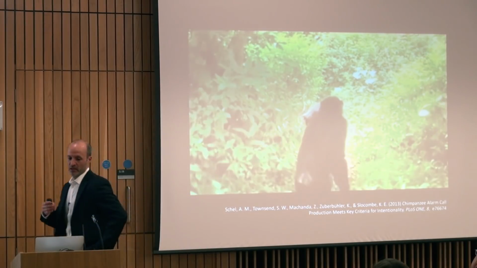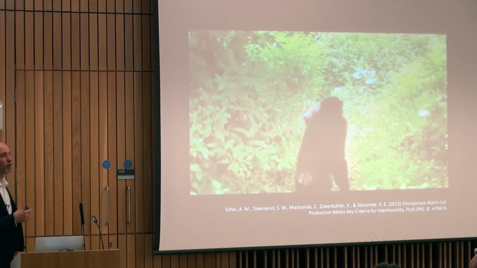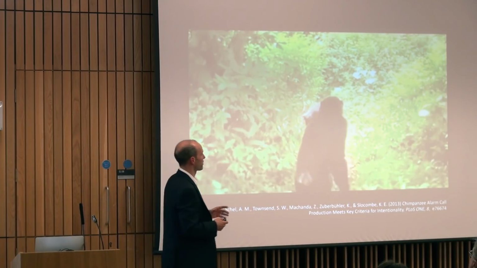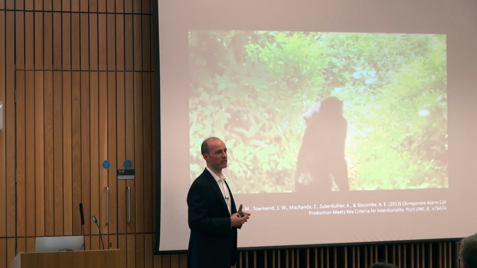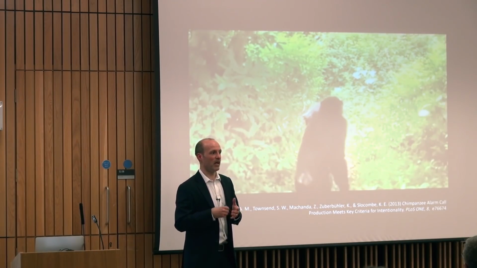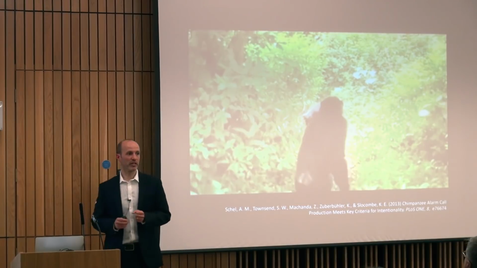Okay, running this kind of study is enormously time-consuming. So 2 years to get about 25 trials where they managed to construct this kind of scenario. So I think this data is suggestive rather than conclusive, but it does offer some hints that other animals, and in particular our closest relatives, are capable of reasoning about knowledge and ignorance in other individuals, reasoning about hidden mental states, and then using those inferences to shape their communicative behavior.